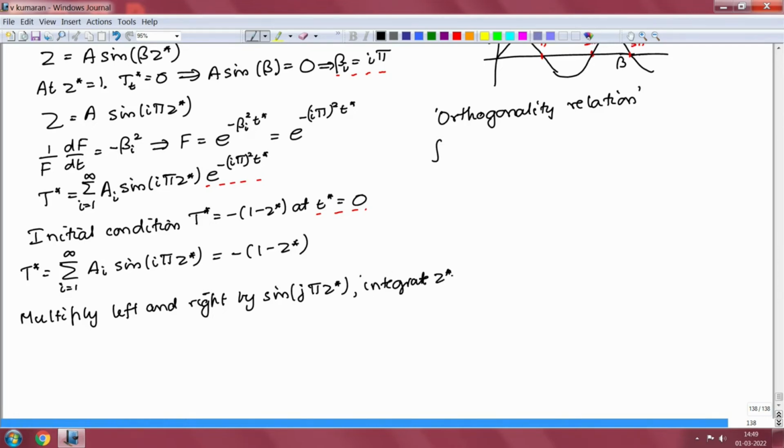Integrate z star from 0 to 1. Multiply the left and the right sides by the function sine of j pi z star, where j is also an integer, and integrate from 0 to 1. If I multiply the left hand side, let us see what I get. This is the integral from 0 to 1 dz star